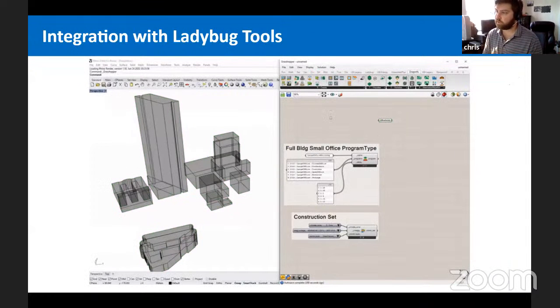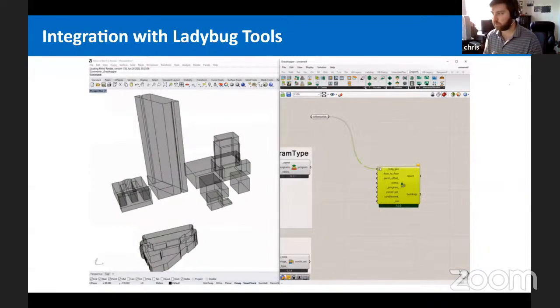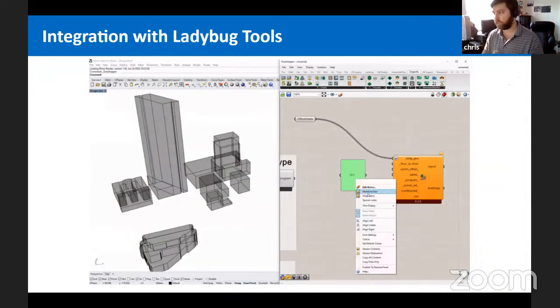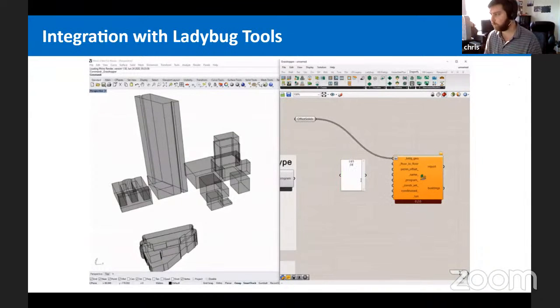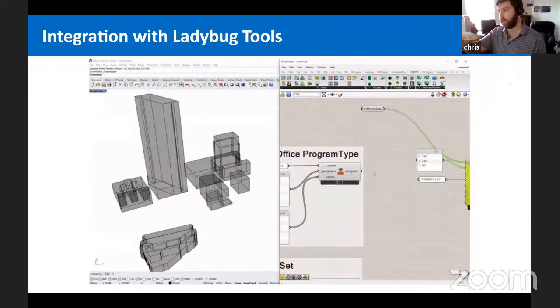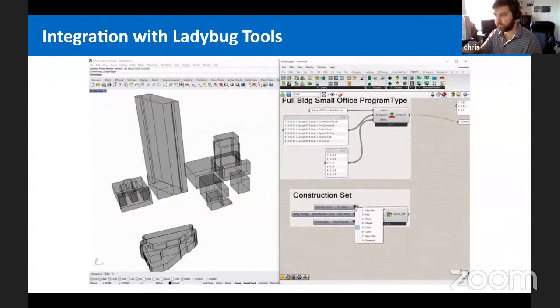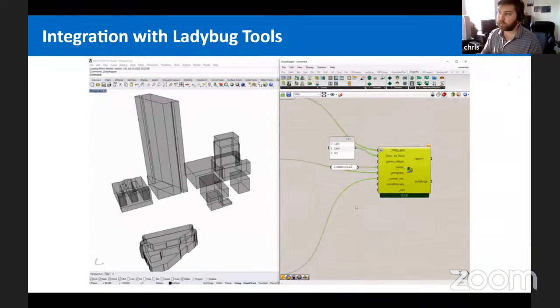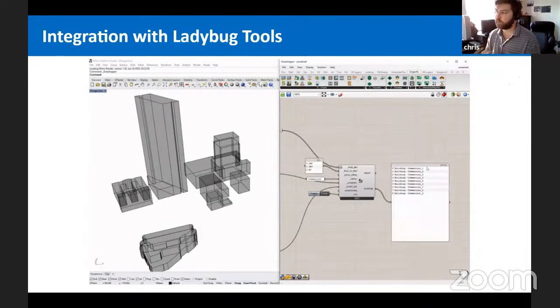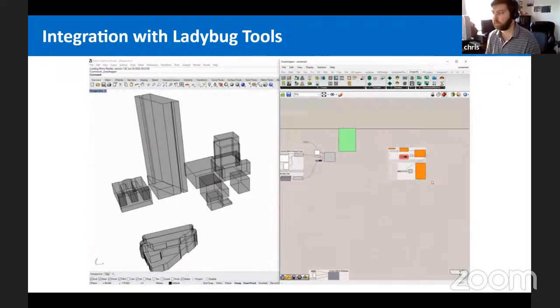And to give you a sense of what this is like, here I have a few closed volumes that represent some office buildings in the downtown area. So I connect those to a component that assigns all the properties that are needed to pass into an energy simulation. Here I'm specifying floor heights, where we have a first floor at 5 meters, the 2 stories above that at 4 meters, and everything else at 3 meters. And so that will be used to divvy up the building over the height of the building, split it up into floors. I'm connecting a blended program type, you saw there, and a construction set to apply all the properties to these buildings. And then out of this, I'm getting one building object, or one model essentially, per building solid.